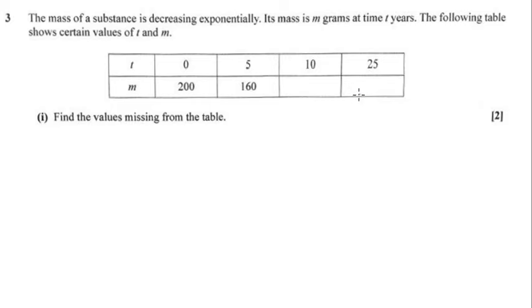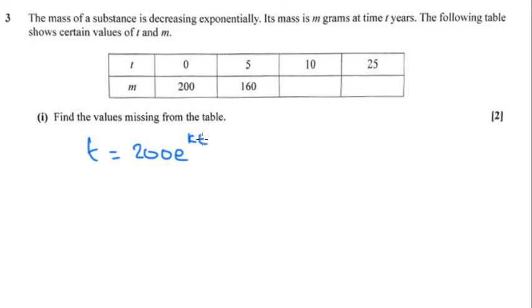Part 1 wants us to find these two missing values. The first thing you need to do with that is write down the general form that this exponential equation is going to have. We've got a mass and we've got time, so m is going to equal the original value, the value when t is 0, so that's 200. It's always 200 here, it's always the starting value,